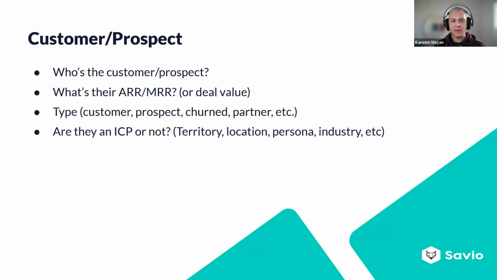The characteristics of your ICP vary company to company, but understanding that not all feedback is created equal, not all customers are created equal, and understanding this information really helps you weight the request appropriately. And we recommend, if you're getting a reasonable amount of feedback, getting all this information manually is really painful. So Savio pulls this information in from your CRM, and that's the approach that we recommend, so that this whole piece, other than choosing the customer or the prospect, is just automated.